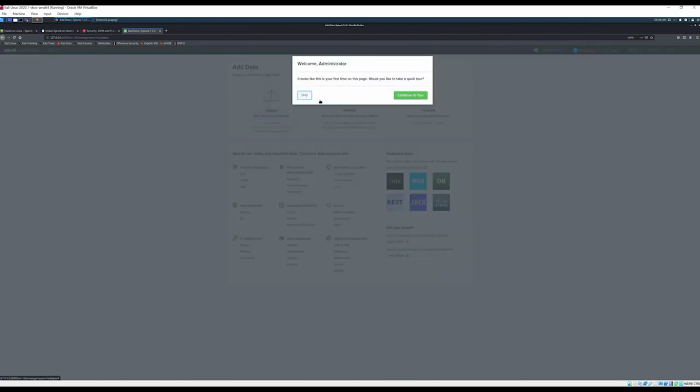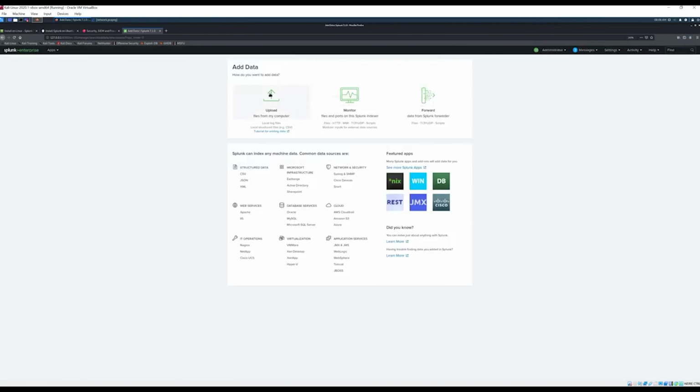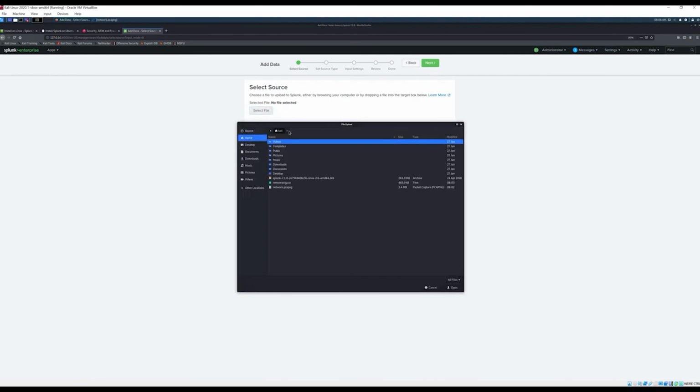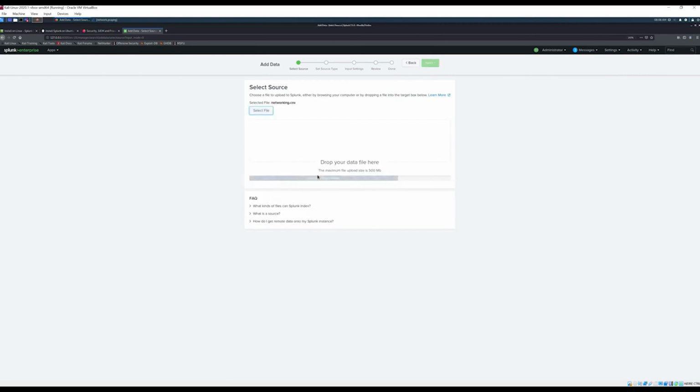and then we click Skip, and we will click Upload because we already have a file, and we'll go in here, and then we click on Networking CSV, double click on that, then we see this is done, then we'll click Next,